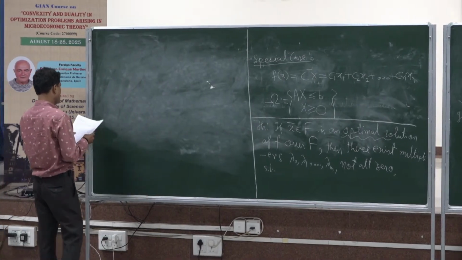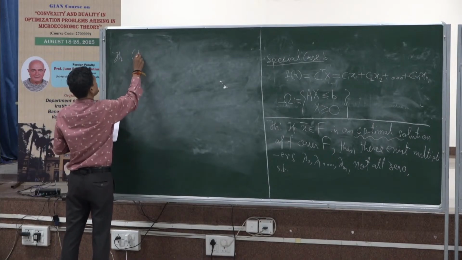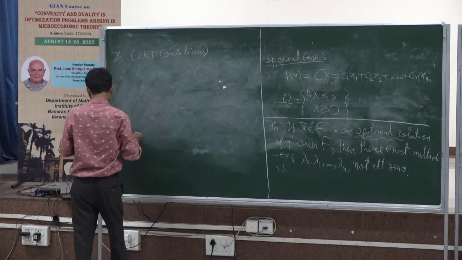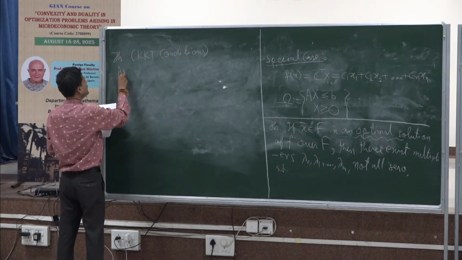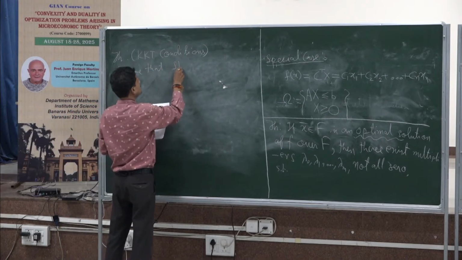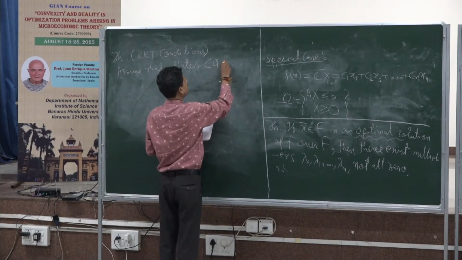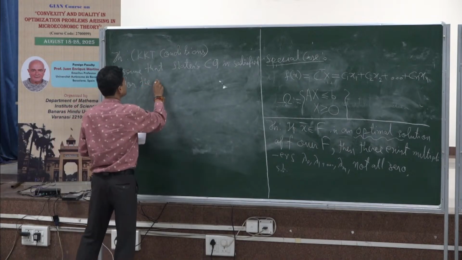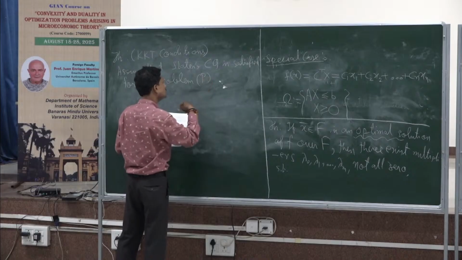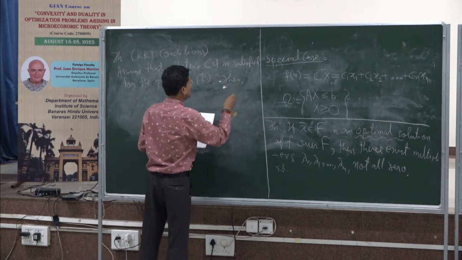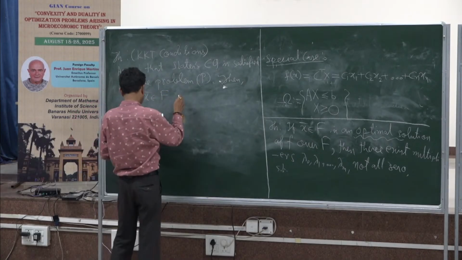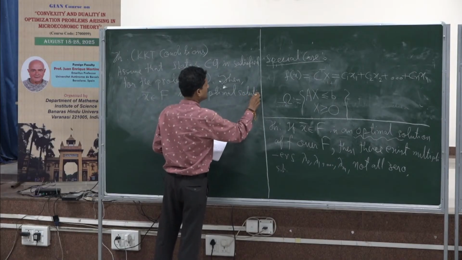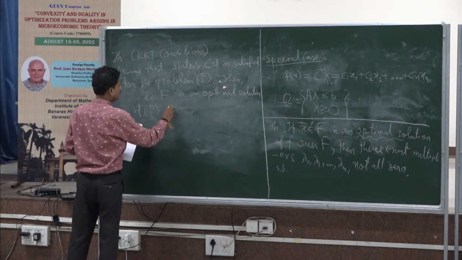So, this next theorem, which is known as the KKT condition, tells that assume that Slater's constant qualification is satisfied for the problem P, which is the convex optimization problem, then this x bar in F is an optimal solution of P, and now we have this if and only if